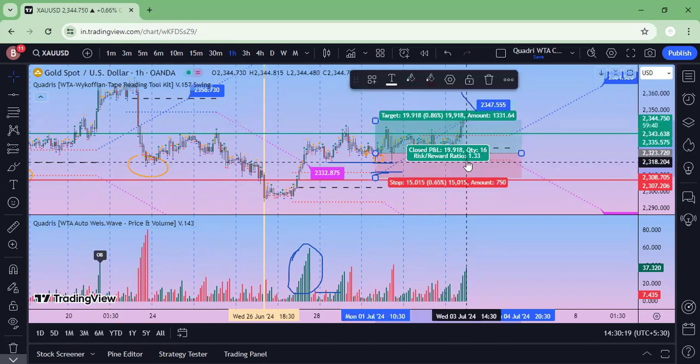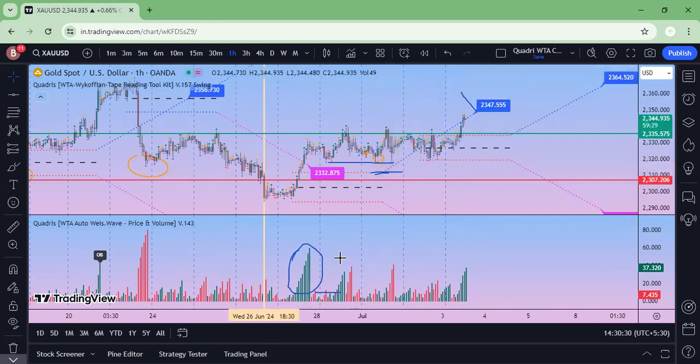By risk and reward, you got 1:1.3, 1.33, and you can see how many points you gain. If you're using it with this one, definitely you are going to be on the right side or right track. This is the swing version, which I normally recommend people to use on 1 hour. And there is one longer version, the long-term version also. I'll show it to you.